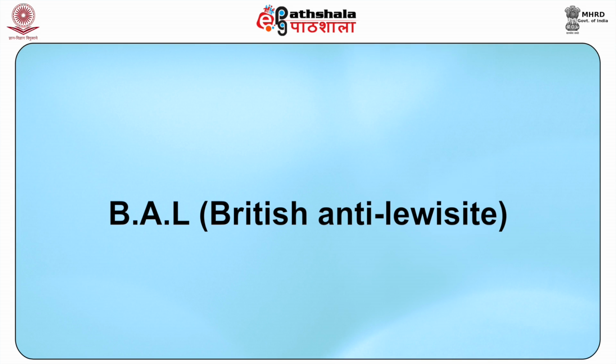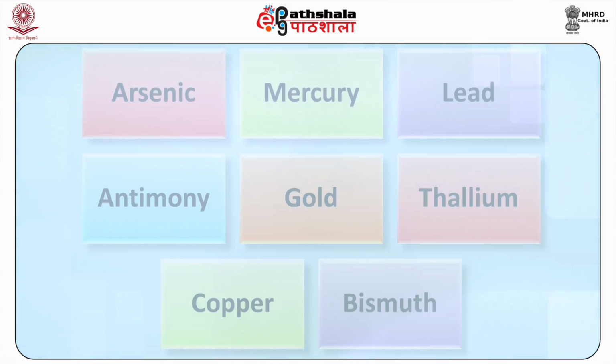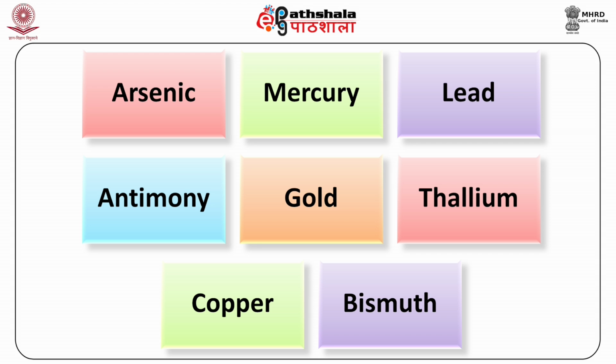Now, BAL, British anti-lewisite. It is also known as dimercaprol. BAL was originally used as an antidote for lewisite, a vesicant containing arsenic that was used as war gas. This compound is used in heavy metal poisoning, especially arsenic, mercury, lead, antimony, gold and thallium, and also to some extent against copper,